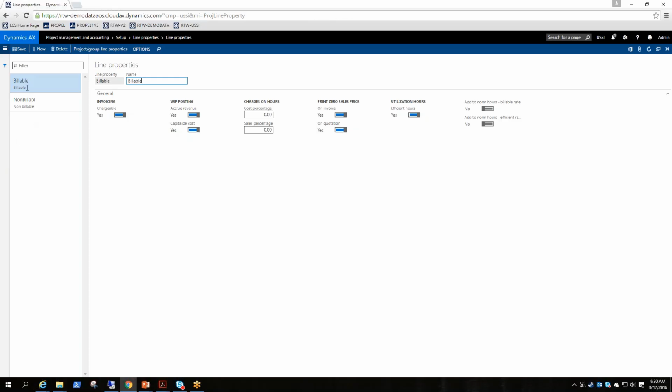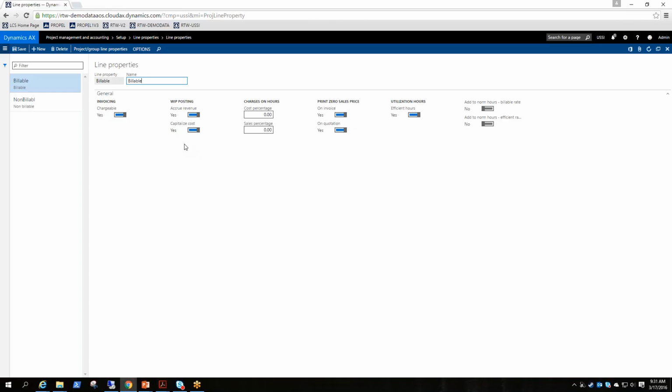and we can see that we have a billable line property and a non-billable line property. Those are probably the two most common values that you'll see within Dynamics AX, or maybe an alternate name would be chargeable or non-chargeable. Those are really what you see, because you want to define something as chargeable or non-chargeable when it comes to a time and material situation, and then your fixed price project can kind of piggyback off of those, just because it's going to be looking at the accrue revenue, or sorry, the capitalized cost checkbox only, pretty much. So you really don't need to create duplicates, but if you want to, you can,